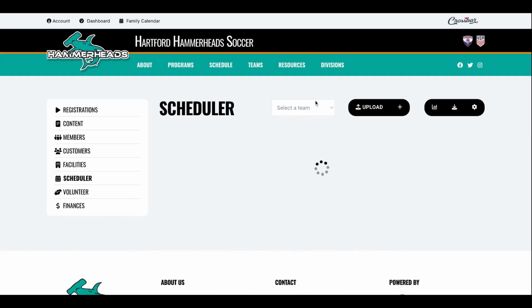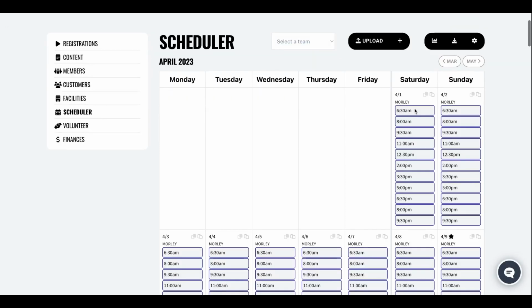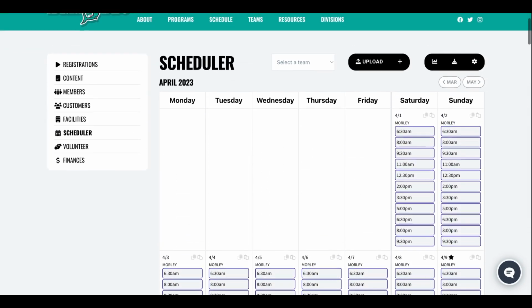This video is a quick walkthrough of how to add your teams and remove teams from time slots on your scheduler on Crossbar. Once you've got your time slots added to the scheduler, this is how they're going to appear with no teams assigned. So you can see I've got a number of different open time slots for each day